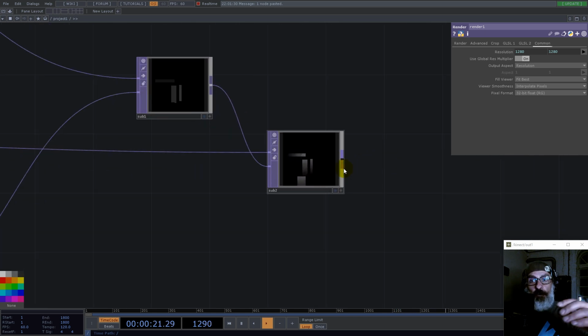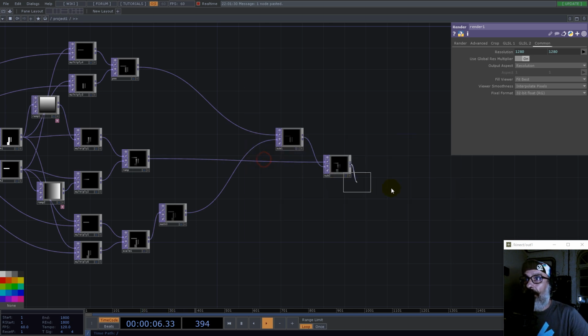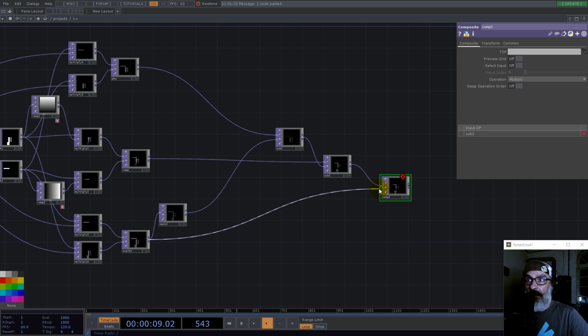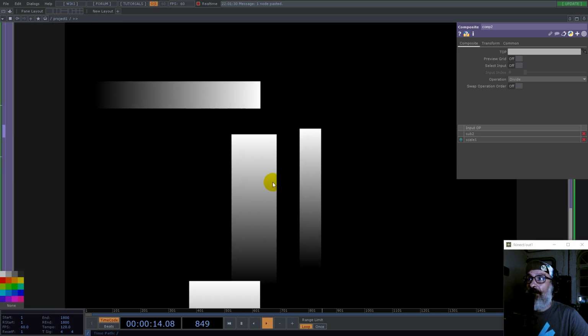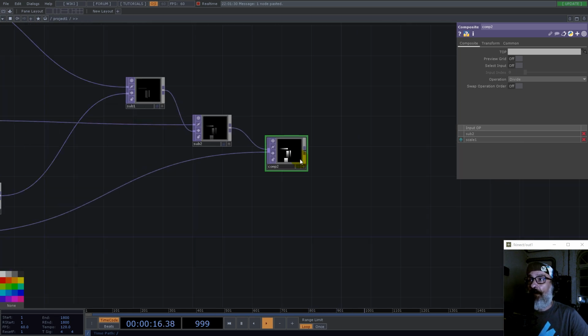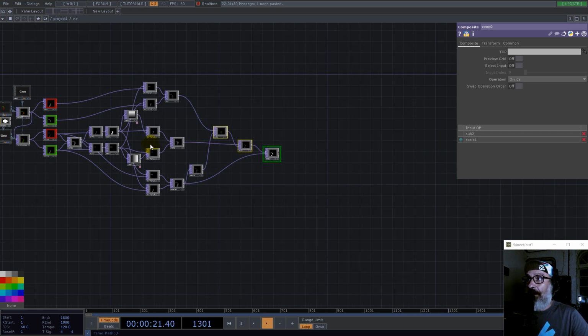Now, in order to have a full ramp, we need to normalize that. Okay, so normalize means we divide by the scale. So let's use a composite here, and let's drag the scale. If we divide this, we have some very nice ramps. So I don't know, maybe this method, it's much fun,